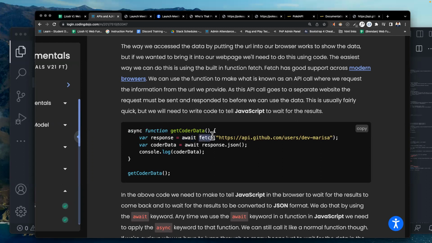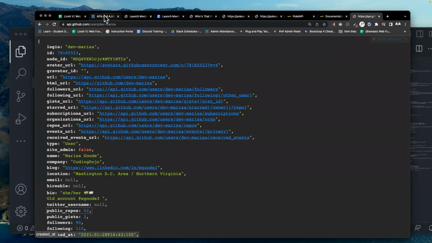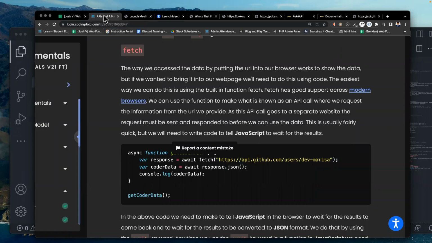And then we have the word that we were told we would be expecting to fetch that data. So we have a fetch, and inside this fetch, we have to put everything in parentheses. And then we have in quotations the URL to get to that API that we were just checking here, this one here. So we want to access this information. The way we do that is by fetching it and making that fetch related to a variable. Now I'll go ahead and explain those other words.